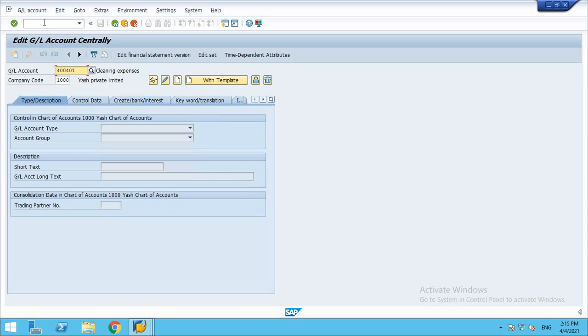That means there is no separate screen for KA01. Let me try the secondary cost element transaction KA06. If I use this transaction, it carries me to the same FS00 screen.